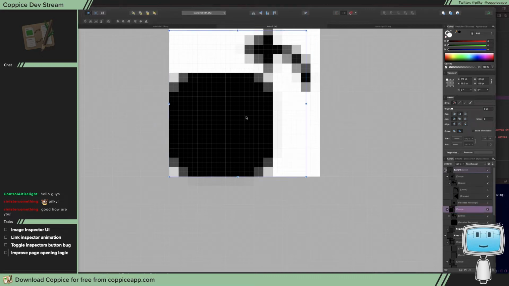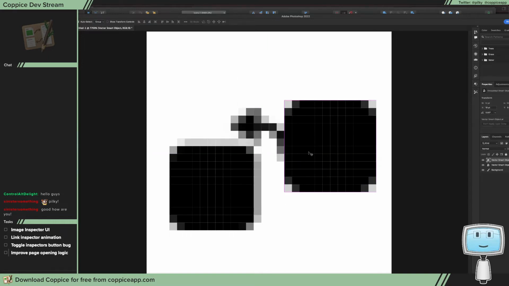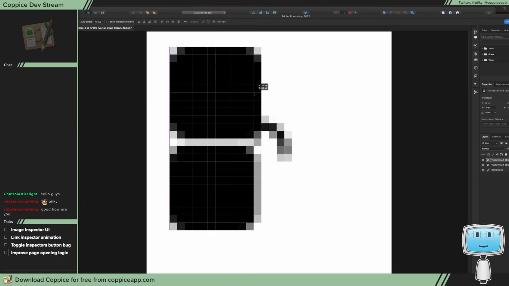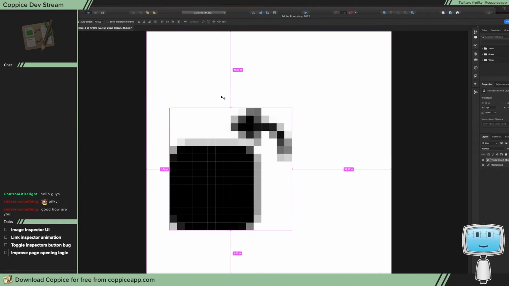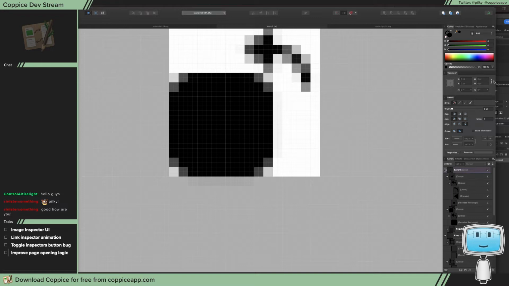Happened. I copy that because that is 11 points. So I paste that in. Okay, so doing that works. If it's just because it's a group that it is breaking. So let's ungroup